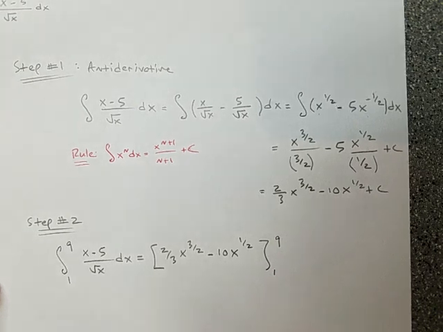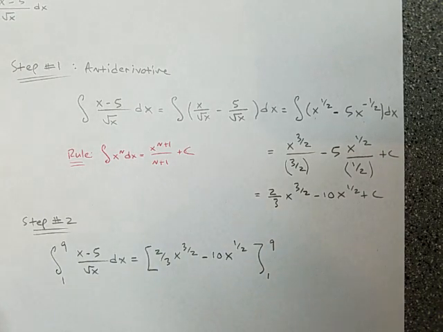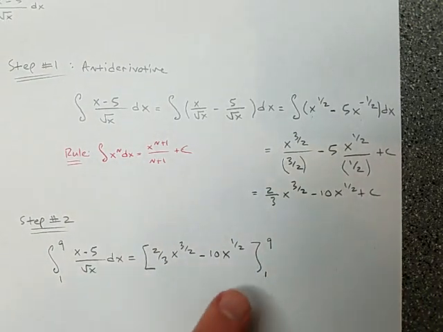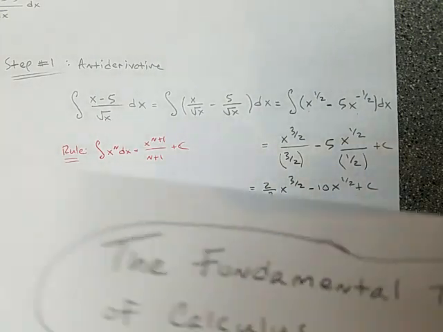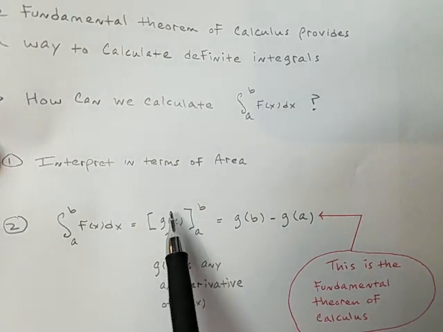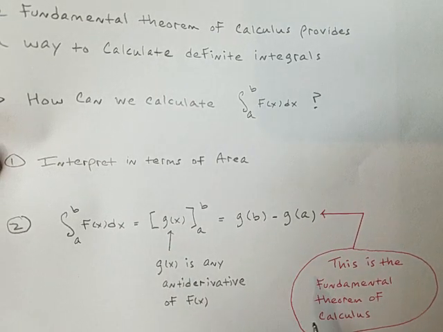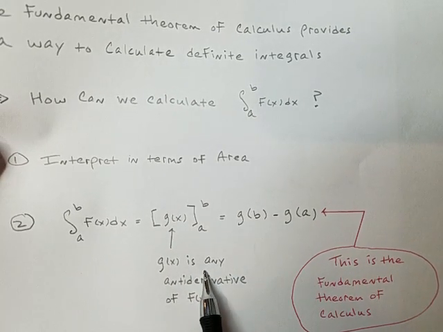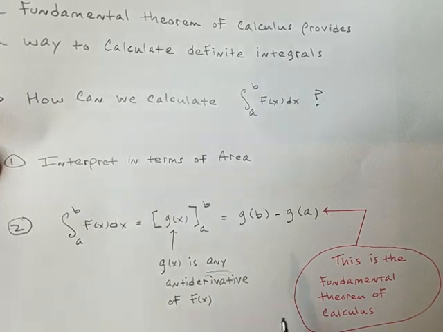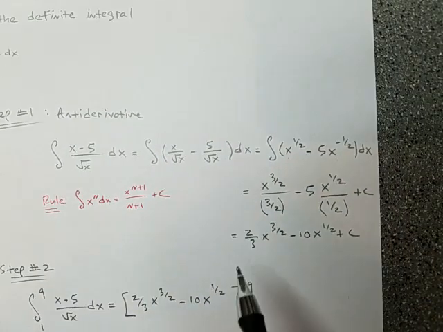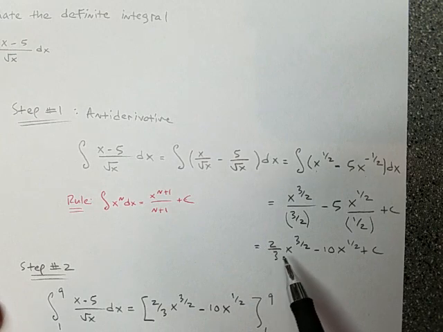Now at this point, you might be wondering why we don't include the plus c down here. If the fundamental theorem of calculus says to use the antiderivative of that, where did the plus c go? Well, we can use any antiderivative, meaning an antiderivative to this is 2/3 x to the 3 over 2